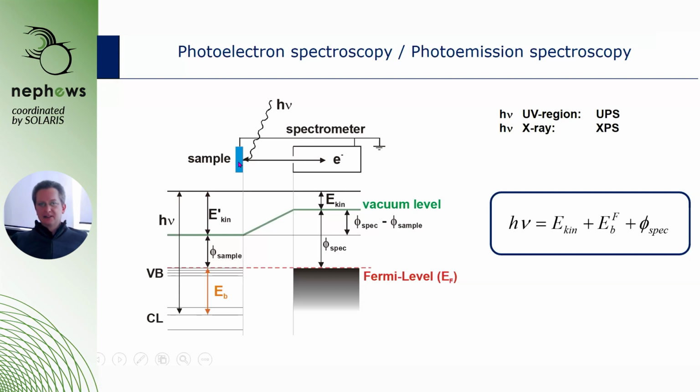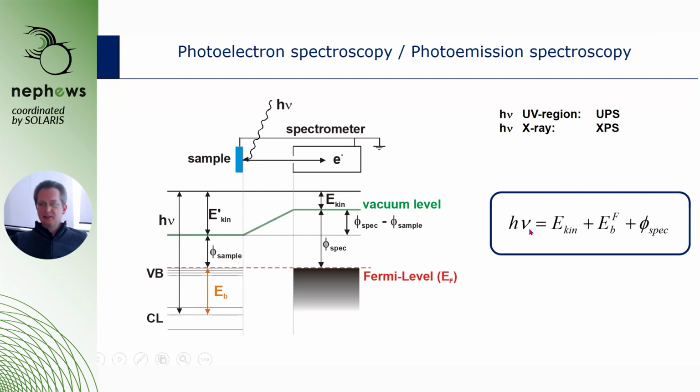Electrons from the sample have to move to the spectrometer. Spectrometer and sample are electrically connected, meaning the Fermi levels are aligned, and very often the work function of your spectrometer will be different than the work function of your sample. So in the case shown here, it will be that the electron emitted from the sample will see a rise in the electrostatic potential, and it will arrive in the spectrometer with a smaller kinetic energy than it has left the sample, which is no problem because we can use the energy conservation relation shown here,